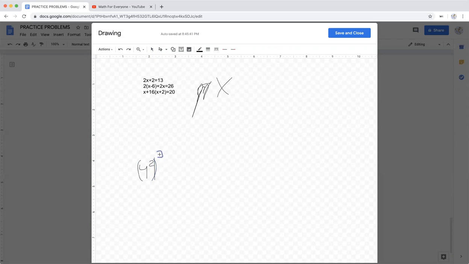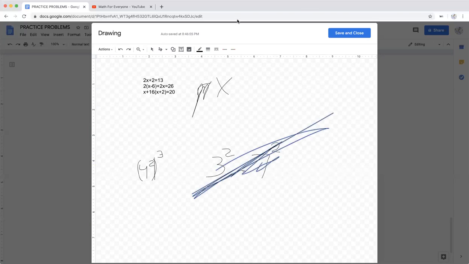It's hard to draw it like this. To the 3, that's a 3 by the way. And then I want 3 squared times, that's a multiplication sign, times 7 squared. Actually, no, sorry, that's not correct. I actually want